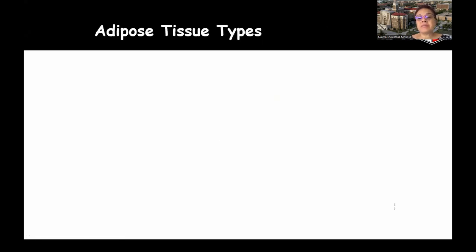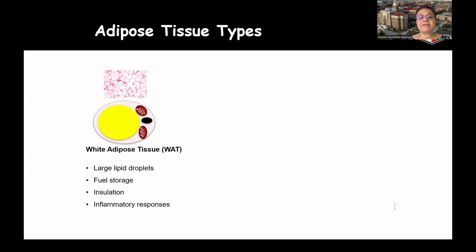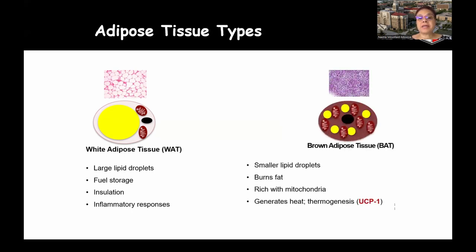Now, just to introduce adipose tissue, for some of you who may not be familiar, there are different types of adipose tissues. When we talk about obesity, it's really the white adipose tissue that expands. It stores high amounts of lipids as triglycerides, but it also has inflammatory effects, and it's a dynamic endocrine organ. On the other hand, we have the brown fat. The brown fat is rich in mitochondria, small lipid droplets, and it has a specialized protein that is called uncoupling protein 1, or UCP1, that helps generate heat, but also burn fat, especially fatty acids.